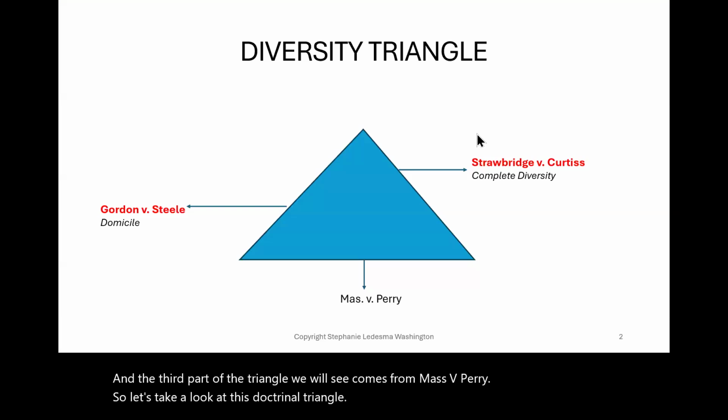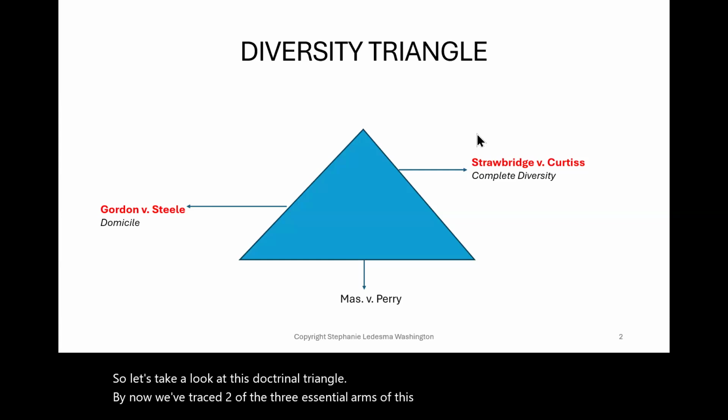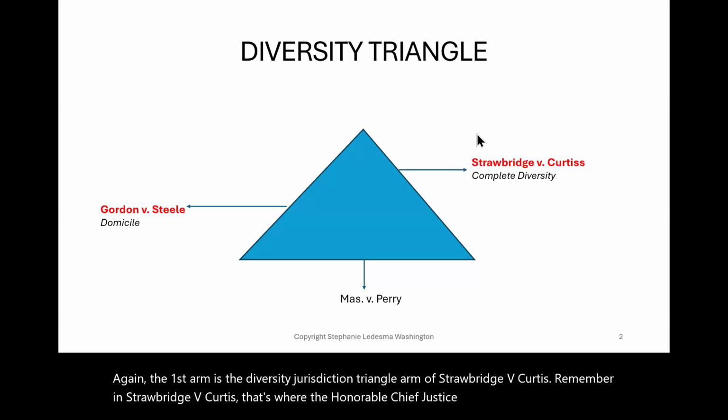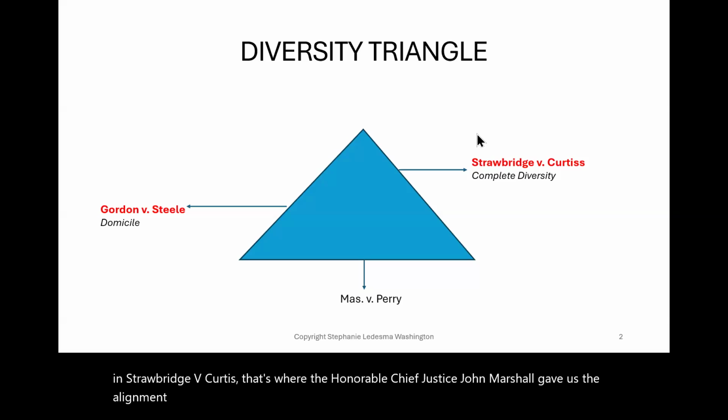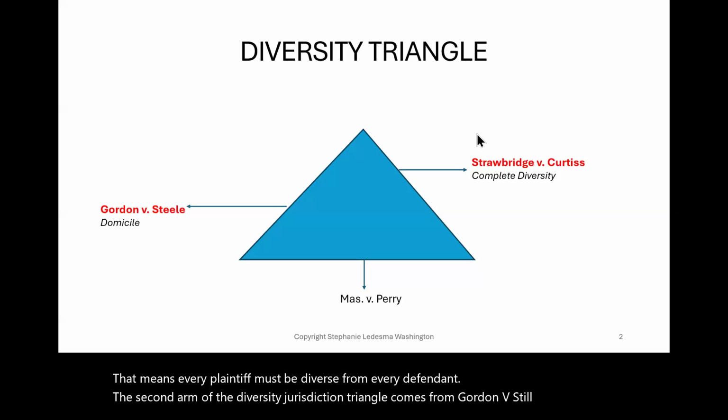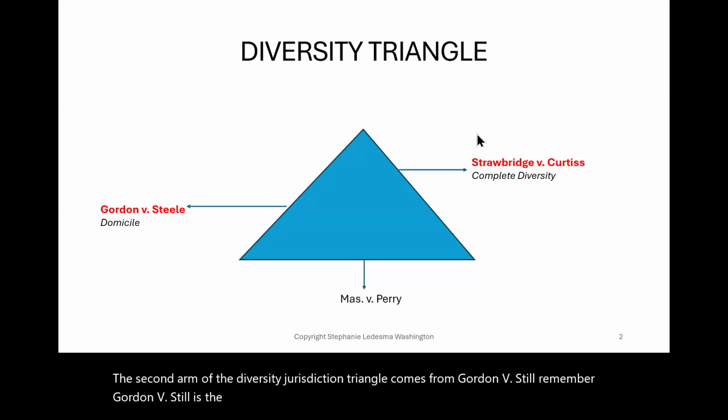By now, we've traced two of the three essential arms of this diversity jurisdiction triangle. Again, the first arm is Strawbridge v. Curtis. Remember, in Strawbridge v. Curtis, that's where the Honorable Chief Justice John Marshall gave us the alignment rule. What's the alignment rule? Congress requires complete diversity. That means every plaintiff must be diverse from every defendant. The second arm comes from Gordon v. Steele. Remember, Gordon v. Steele is the case where we learned how to determine what state a litigant is a